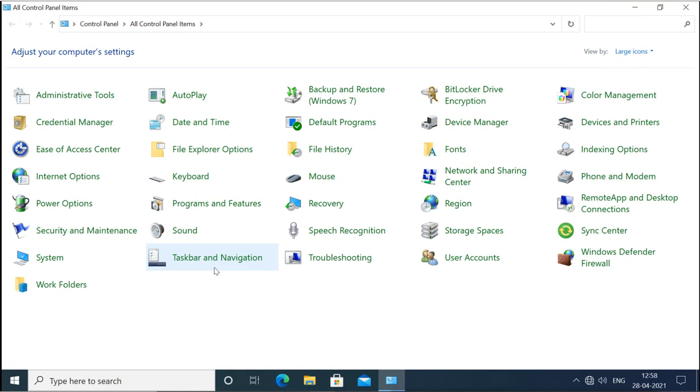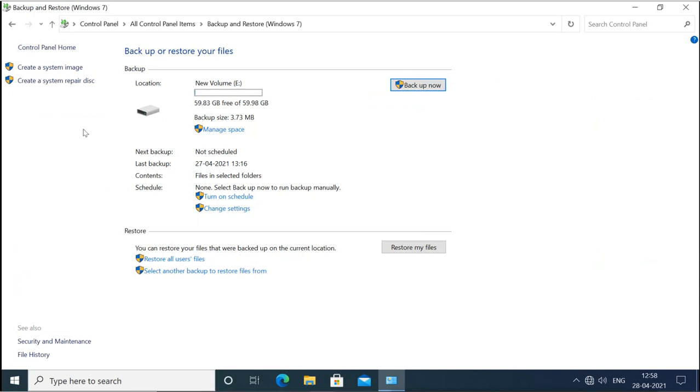So for creating the recovery media, you will go to backup and restore, Windows 7, and you have the option here to create a system repair disk. This will create the system repair disk, and it will create the disk for the recovery environment. And when your system is not able to boot, then you will boot from this repair disk. And when you start the system with this repair disk, you will get the other options. You will get all the recovery environment options. You can get the options to recover your system.